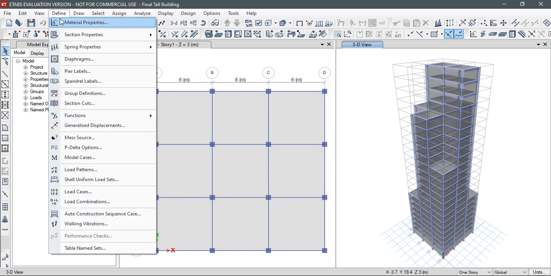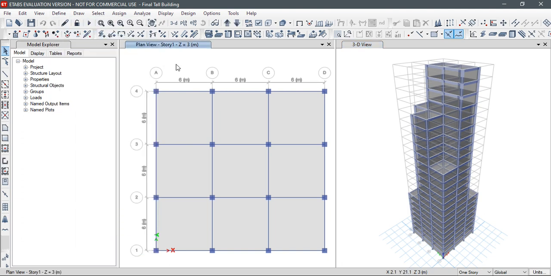Then after defining the beams, columns and slabs, I had drawn the beams, columns and slabs using the quick draw tool option on different stories, as we can see here. And then I had drawn the cladding to cover this structure.